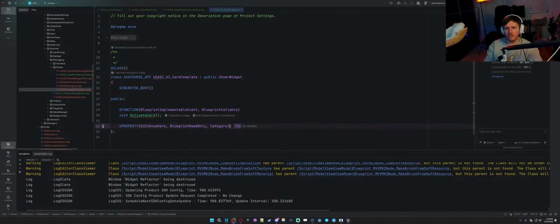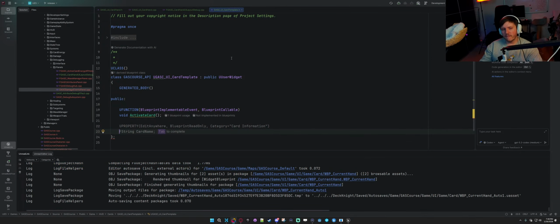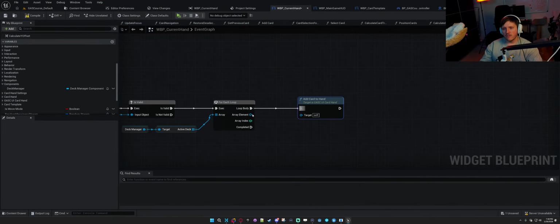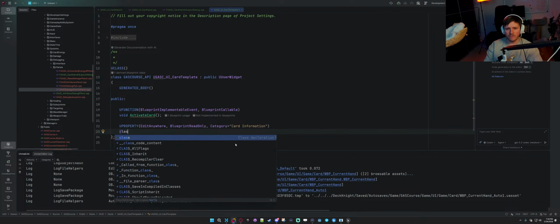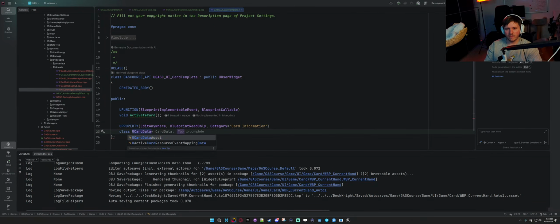Category: card information, card data, whatever. Now, type is UCardDataAsset. So we need to do special asset data. Then